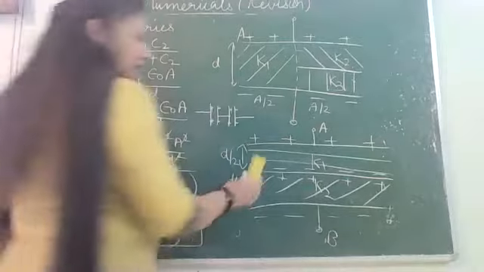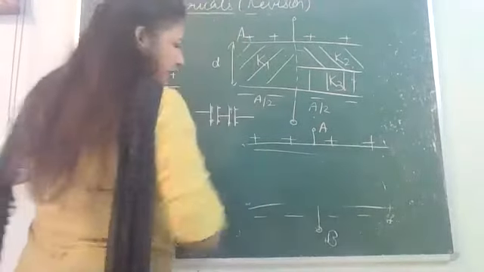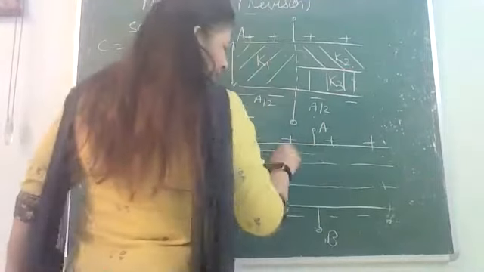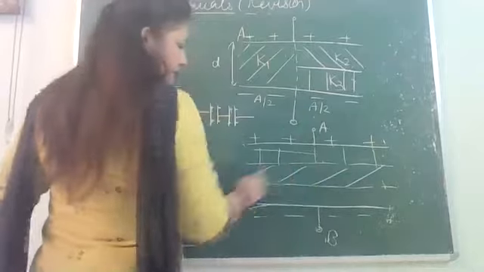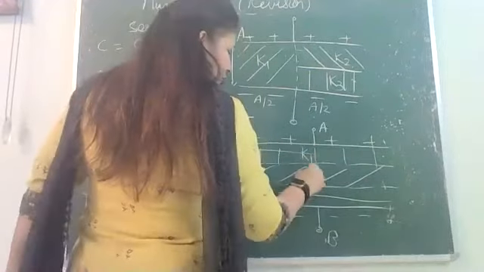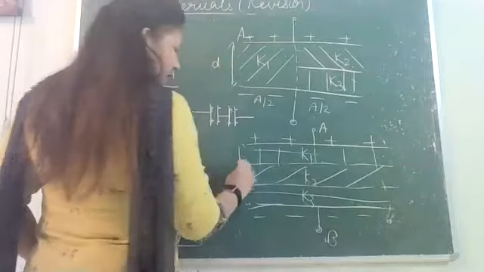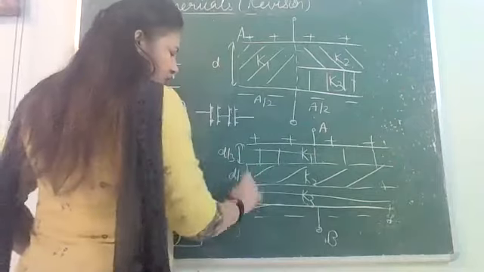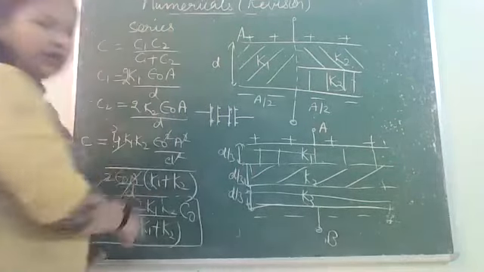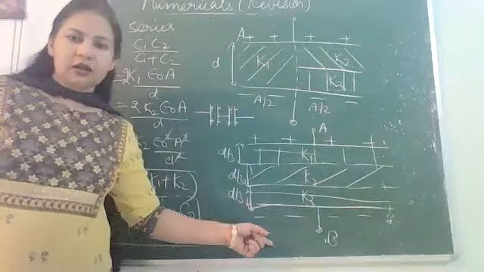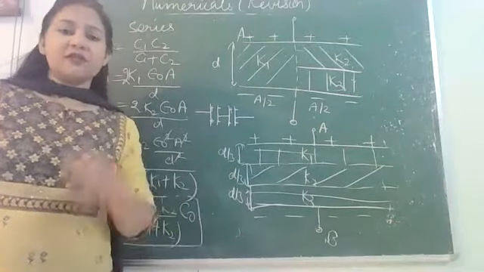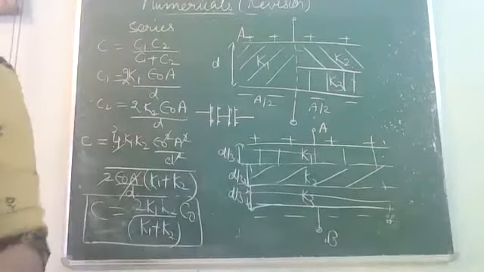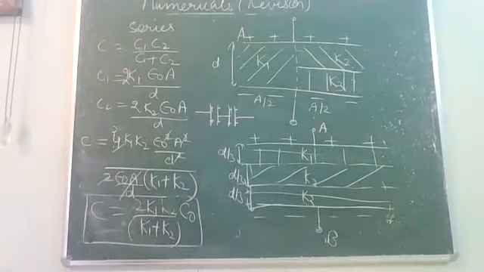So accordingly you can solve these types of questions also. And sometimes these types of questions will be there where you have three dielectrics like this, K1, K2, K3 and D by 3, D by 3 and D by 3. So here you have, in the same way, three capacitors in series combination. So 1 over C is 1 over C1 plus 1 over C2 plus 1 over C3. So these types of questions further may be given to you as an application.